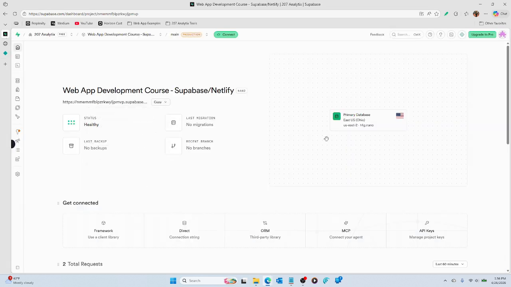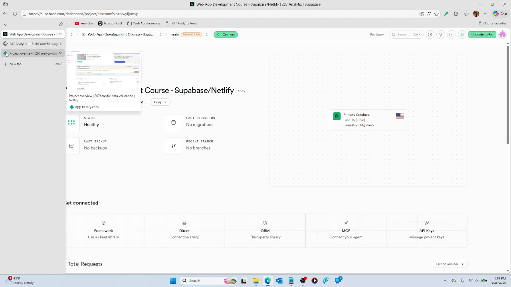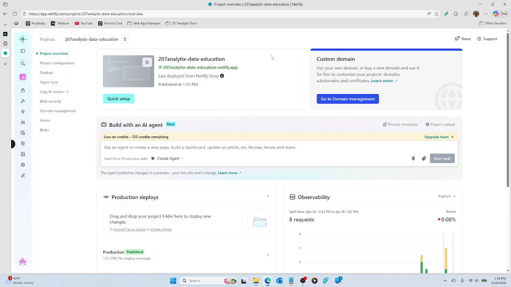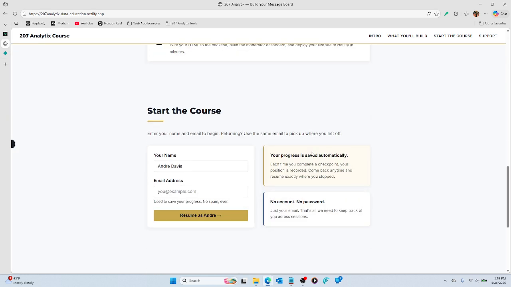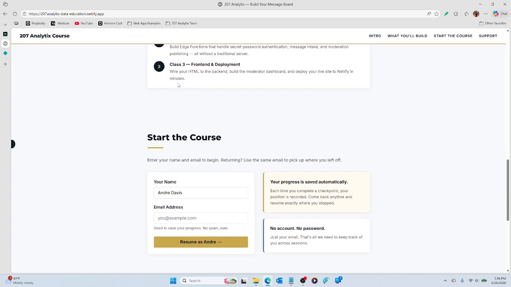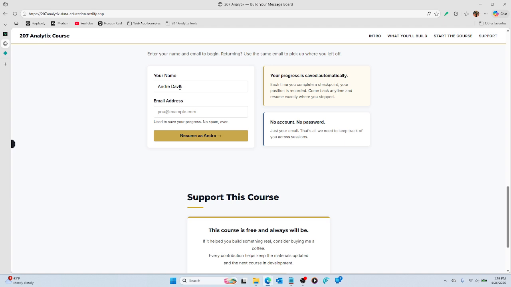So these are the two tools that we're going to use for this: Supabase and Netlify. This web app was built on this. That's why these are open right now, because I was just playing with it. And this is Netlify. So let's see here. This is everything that's there. If you want to do this yourself, feel free to go to that site up here